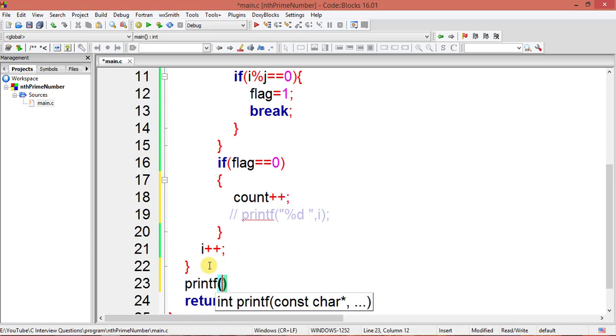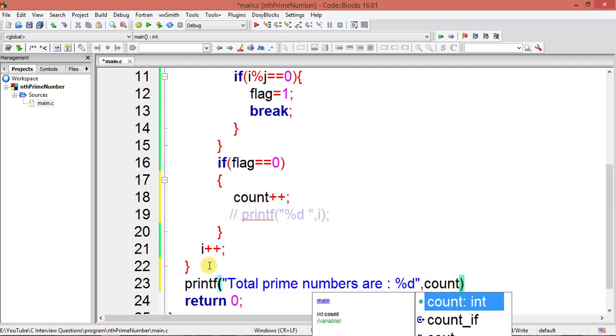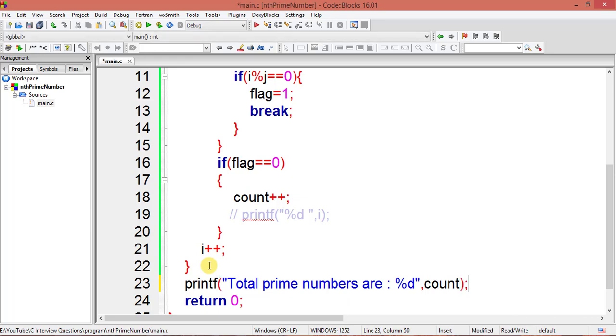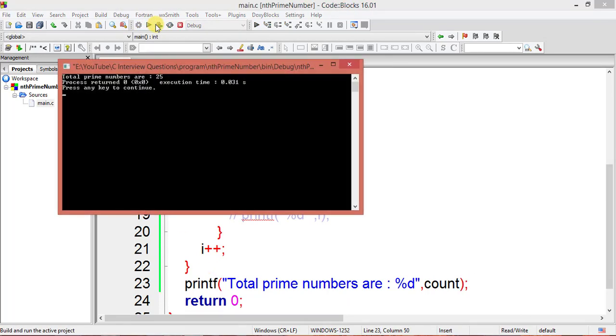So printf, and here I can write total prime numbers are %d, and we will have our count value in the count variable. Okay, and here a semicolon, and now let's save it and execute this program.